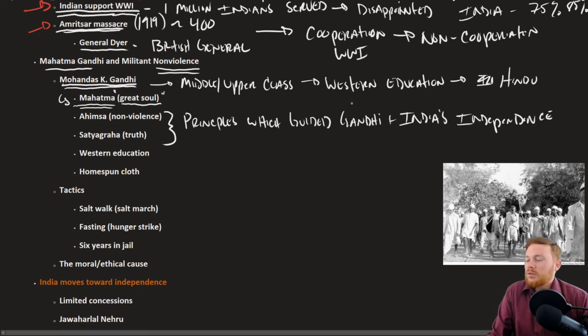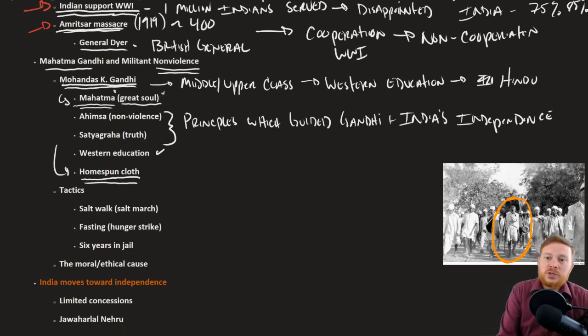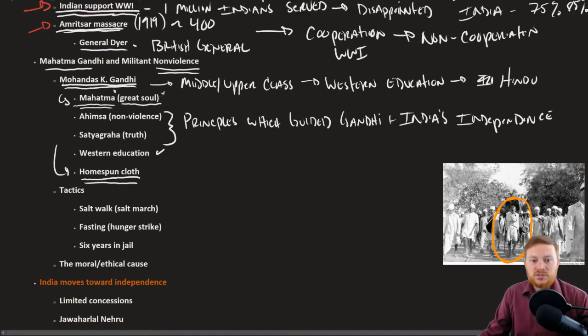All right. Like I mentioned before, he was Western educated, and one thing that he did to embrace not just the Indian economy, but really culture, was to encourage homespun clothing. You see it very clearly in the way that Gandhi is dressed, wearing the traditional garb that one would wear in India. If you see some younger pictures of Gandhi, he's typically wearing sort of a Western style dress, a collared shirt and stuff like that. But this was a way to, on the one hand, embrace Indian culture, but on the other hand, this was a political and economic movement, because the homespun cloth and the idea of India spinning its own cloth was to